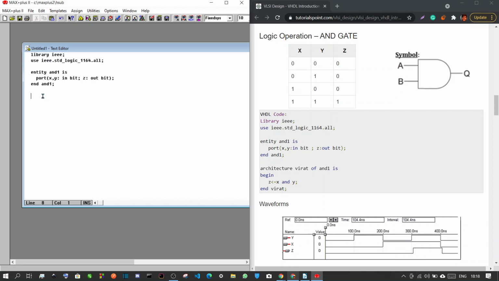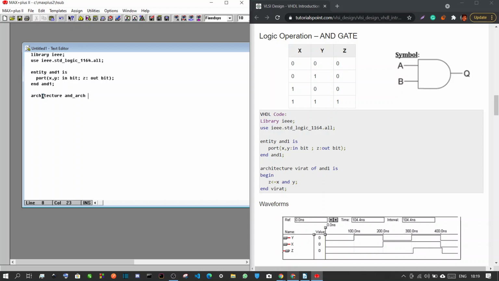So we have to define the architecture now. So we write architecture and we write the name of that architecture. We can name it anything. So in this case, since it is an AND gate and we are writing its architecture, we can name it AND arc. Okay, so AND underscore arc, right?